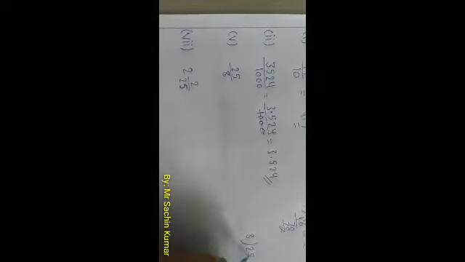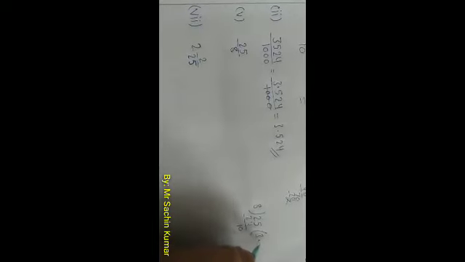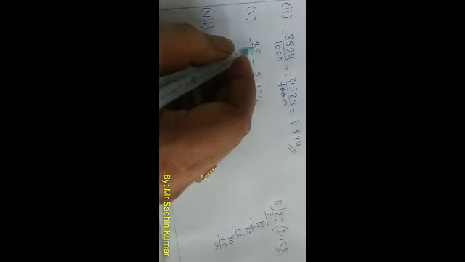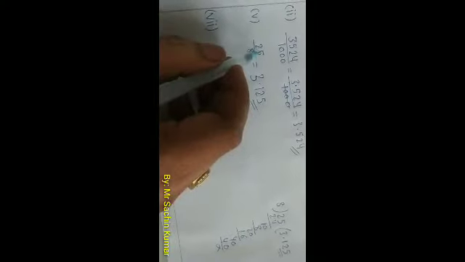And here is 8. We have to divide 25 by 8. 8 threes are 24. 1 is left. Okay, the point, we increase 0. 8 ones are 8. 2 is left. Again increase 0. 8 twos are 16. Then 4 is remainder. Again it is 40. 8 fives are 40. So this is the decimal form of 25/8. It is a fractional form, and this is the decimal form of 25/8.